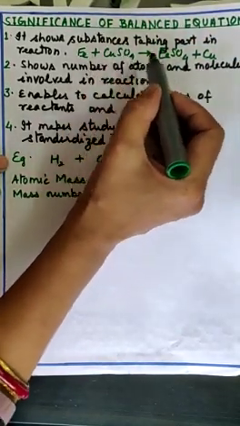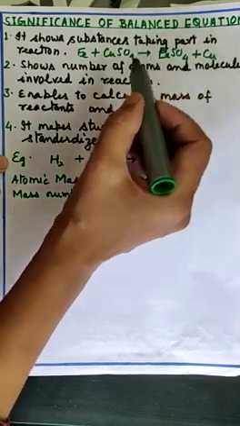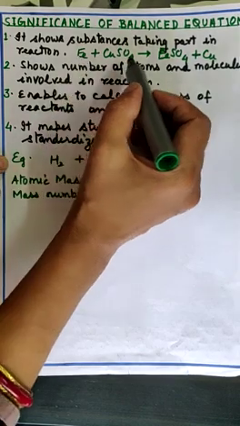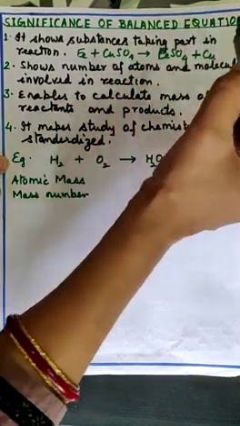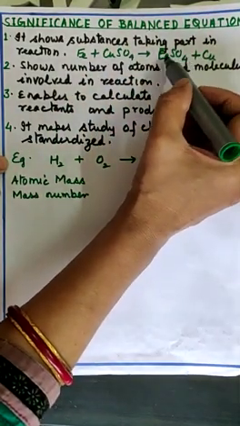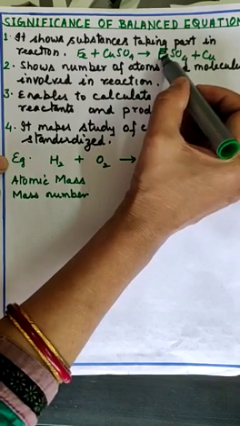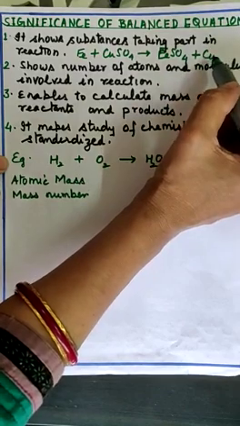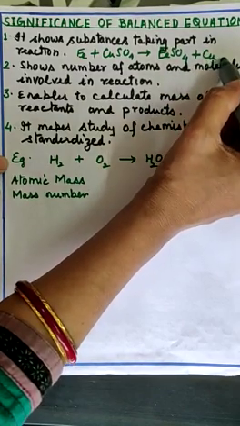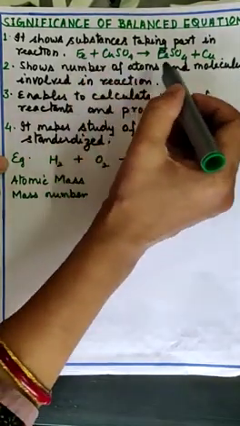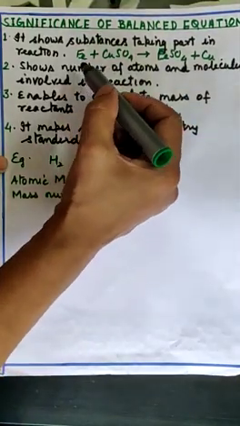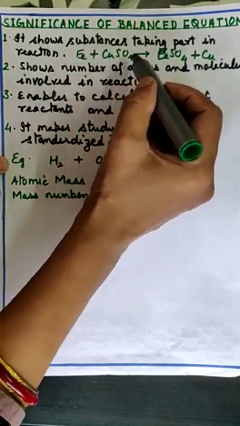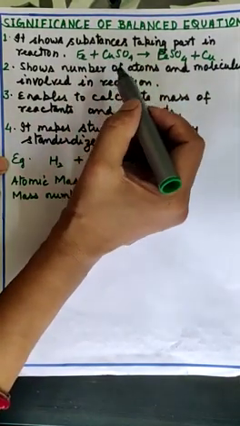In this, there are two reactants and two products, out of which one reactant is in atomic form and one is in the form of a molecule. Again here FeSO4 is a molecule consisting of one iron, one sulfur and four oxygen atoms, whereas copper, a metal, exists in the form of an atom. So apart from being a skeletal equation, this one is also an example of a balanced equation because the number of atoms of each element is the same on both sides.